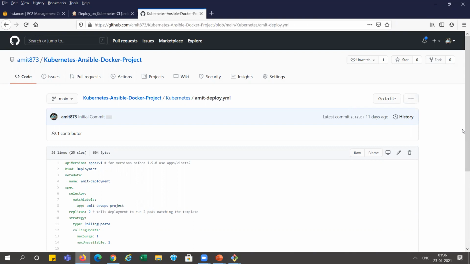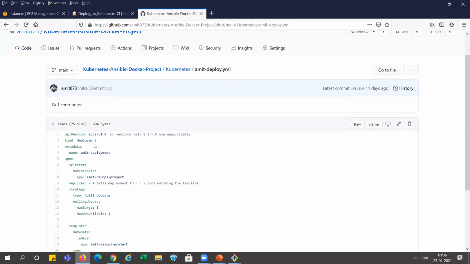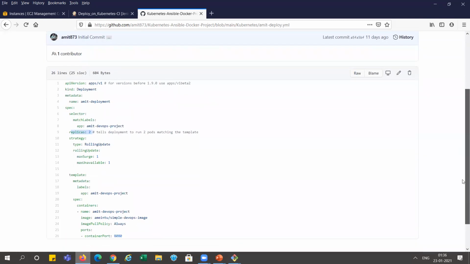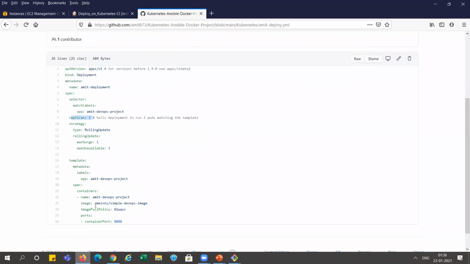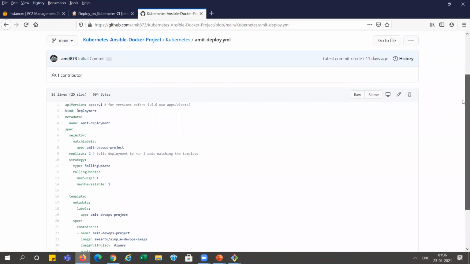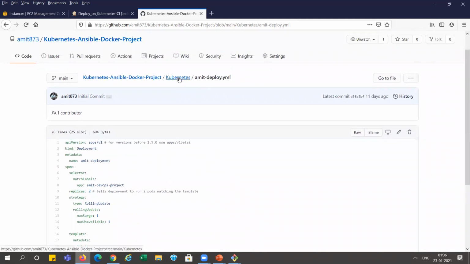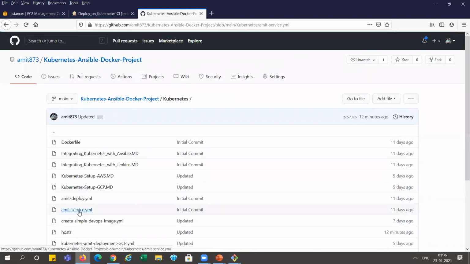You can see this is a Kubernetes file and it contains the API version and kind. You can see Deployment, and you can see replicas is 2. It means it will create 2 replicas, and it shows this image name, the mn2 simple DevOps image, which it is creating. And image pull policy is Always, which means that even with a small change it will pull that build every time, and even if there is no change, it will still pull it, right? So this is the deployment file for Kubernetes, and this is the services file for Kubernetes.